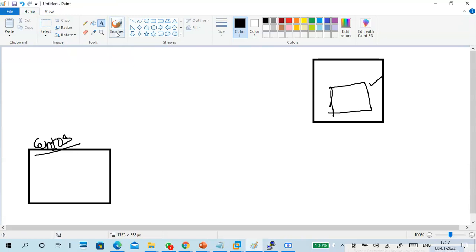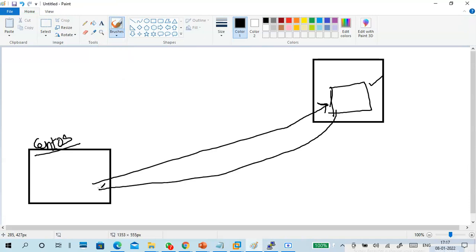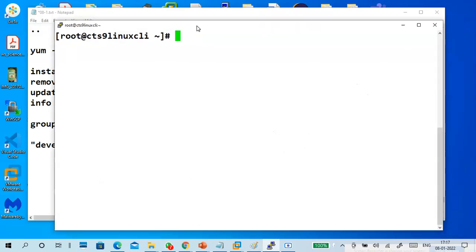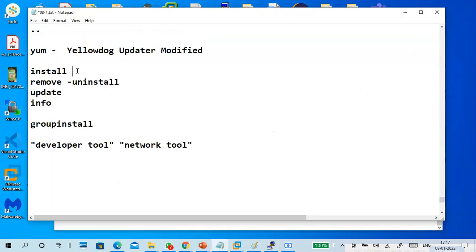Yes, understand why I'm using CentOS? Because I no need to copy all the packages into my local PC. I have an internet connection, very simple. When I want it, it connects to my remote server, CentOS server or Fedora server, and loads the packages, and I can install into my local PC. So no problem. Okay. Next, guys, okay or not? Okay, sir.